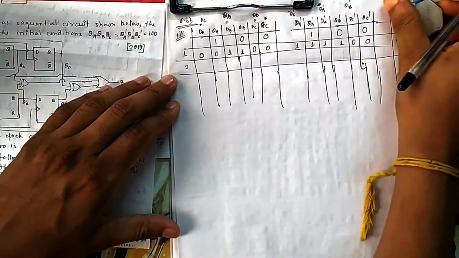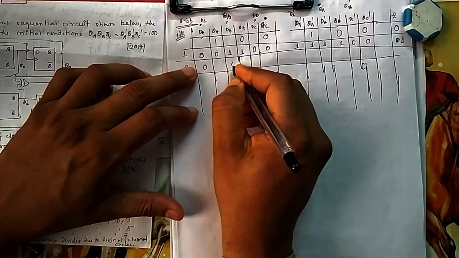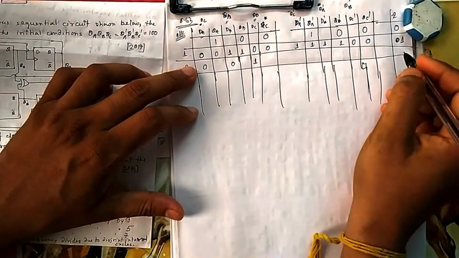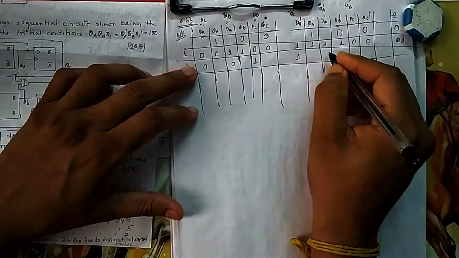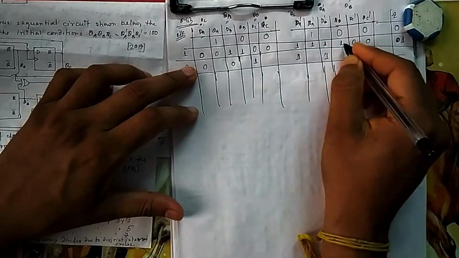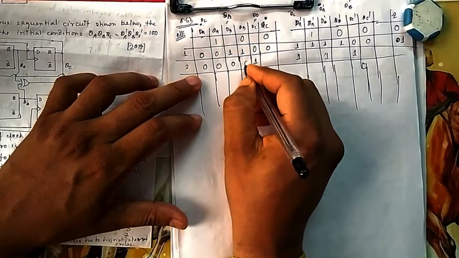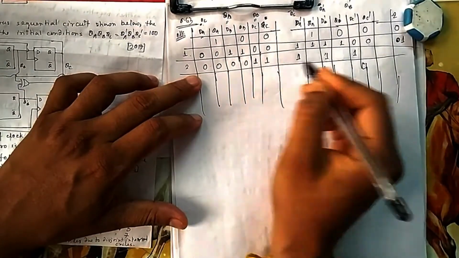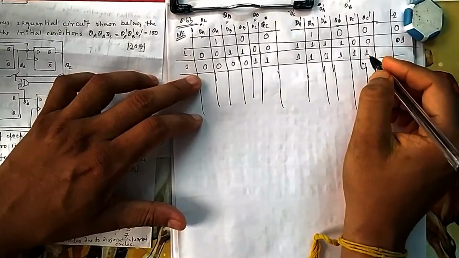So next clock pulse, before giving clock pulse, let us see it is QC. QC is 0, and this is 0. This is 1. This is the bar of this one. That is 1, and this is 1 and this is 1. Now you write. If you give 0, then it is 0. If you give 0 0, because it is D flip flop. If you give 1 1, if you give 1 1.